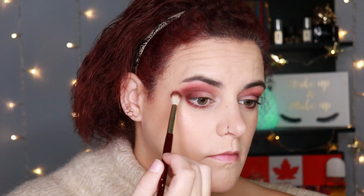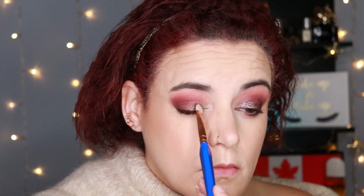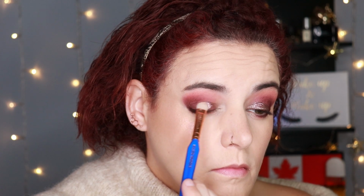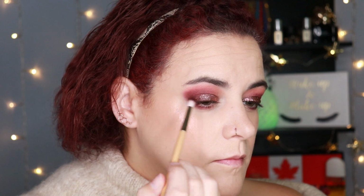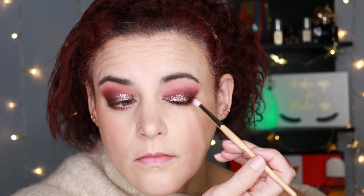purpley shade. And then going in with the glitter that is called Extravagant, and I'm using a Delium 773 shading blender brush to apply that. This time I didn't use any Fix Plus on it, and again didn't use any glitter glue either. Then I'm picking up some more of that Modern shade and just blending where the edges of the glitter are,